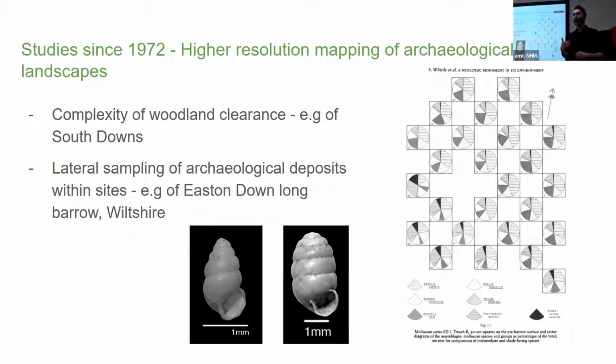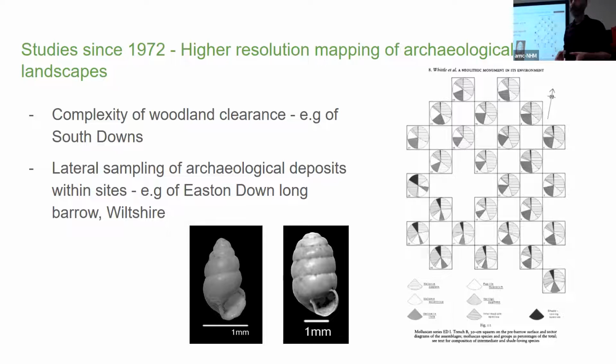However, looking at off-site evidence, and thinking perhaps especially of the work of Martin Bell here in the 1980s on the South Downs, actually revealed that rather than this clearance being an early Neolithic phenomenon, it was considerably more complex than that, and that clearance stretched from the Mesolithic, the previous period, through to later prehistory, and in some cases even to the medieval period. So we couldn't assume that just because a Neolithic monument was built on a site, it was necessarily the case that it had been built in an area that had been cleared sometime before then.